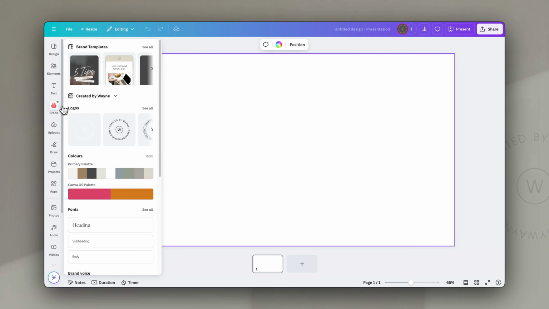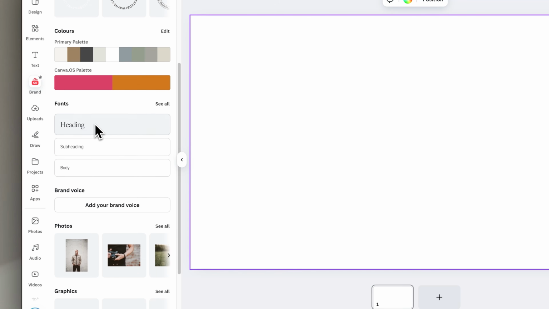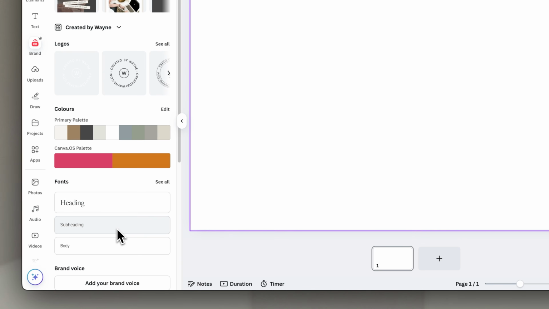Finally, of course, we need to talk about the Canva brand kit. I know I go on about it a lot in my videos, but it's so important. If you're using Canva Pro, this is just a game changer. You can upload your logos, you can set your brand fonts and colors, and everything is accessible from one central place within any design. It saves so much time, especially when you're churning out a lot of content. And most importantly, it ensures that you create and present a consistent brand image, which is so essential to building